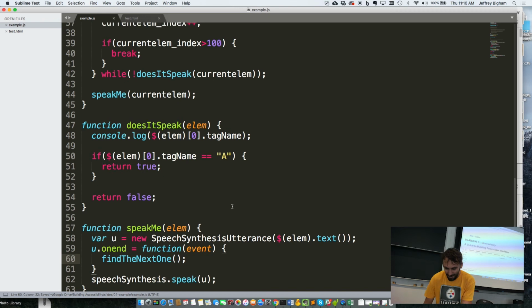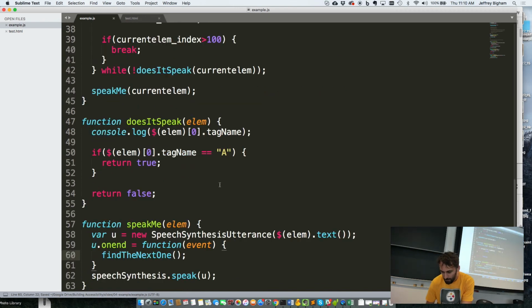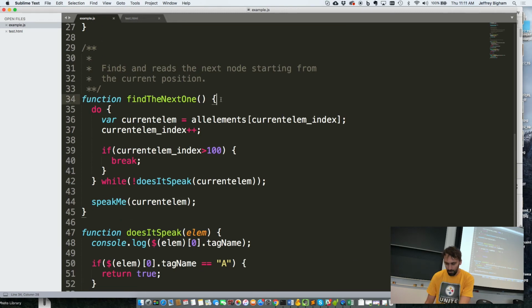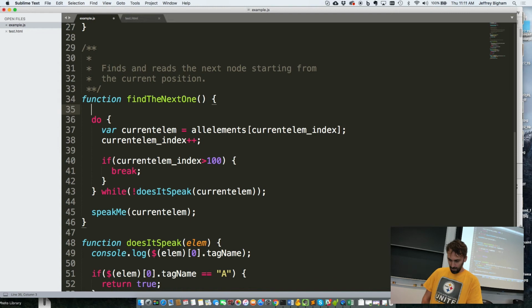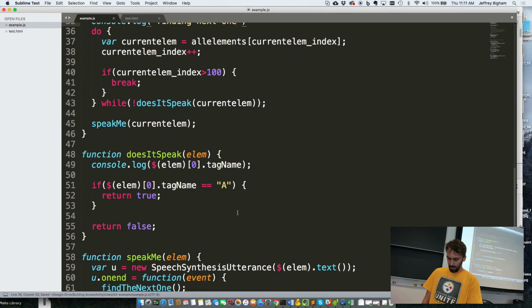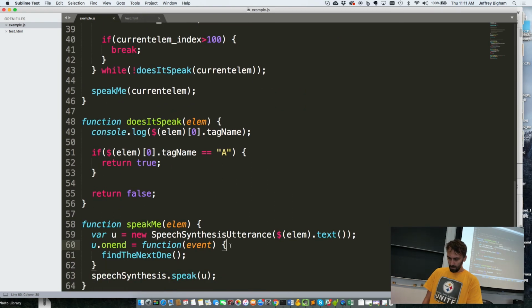Find the next one. So okay, I don't know where it's breaking. I think it's only calling this once. That's my guess, but I don't know why that is. Console.log, finding next one, and we could be much fancier debuggers, but